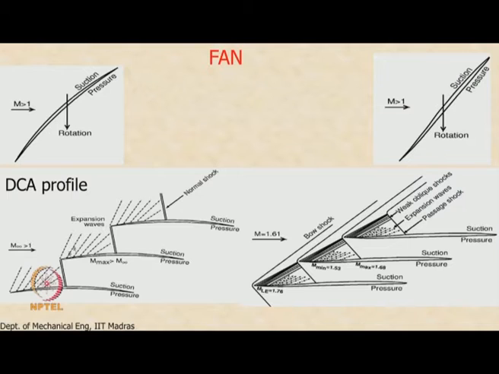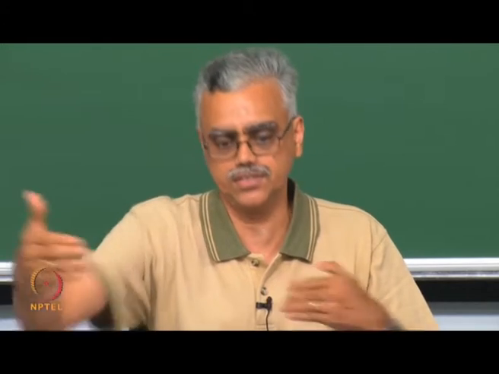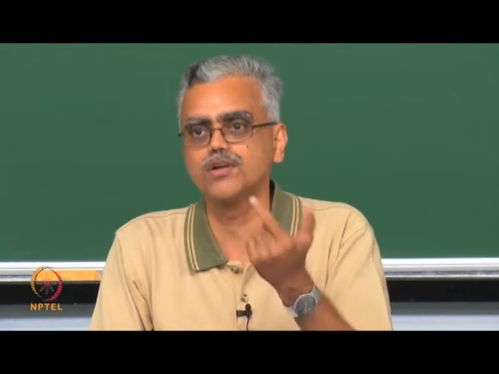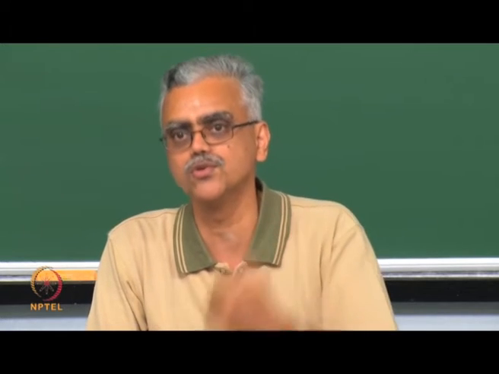So you can see from here, if I try to use the same double circular arc profile for a supersonic flow, this is a convex surface. So what I have done here is I have laid out the blades like this. I have taken the fan and I have peeled it open, and you can see the blades in succession. So this is how the flow approaches, and as you can see, when the flow approaches these blades, notice that the upper surface is a convex surface. Correct? So when a supersonic flow goes over a convex surface, what happens? Expansion fan. That was the reason why we studied Prandtl-Meyer flow. What happens to a supersonic flow that goes over a convex corner?